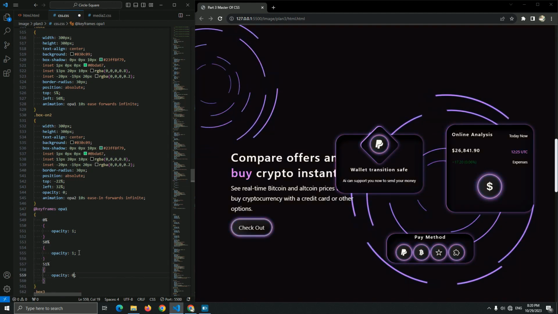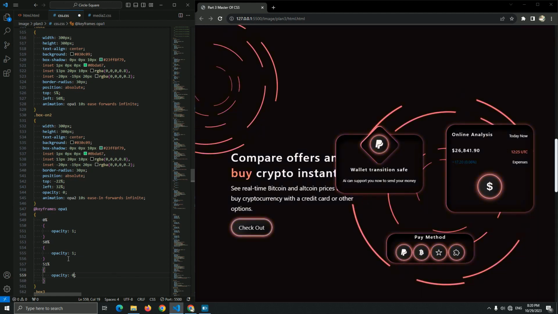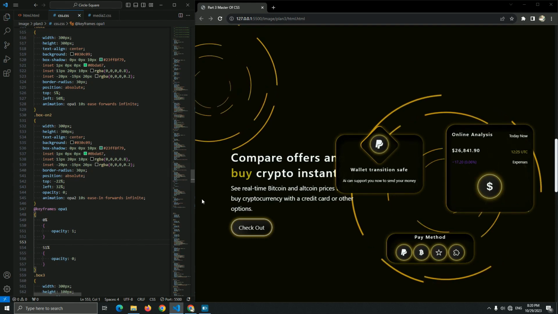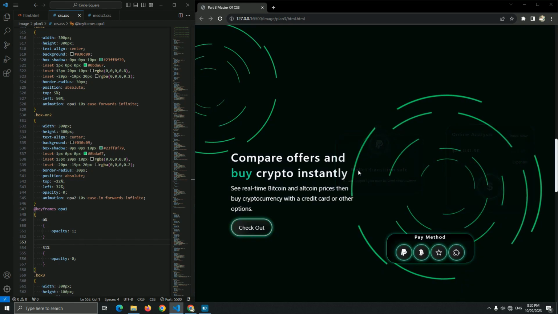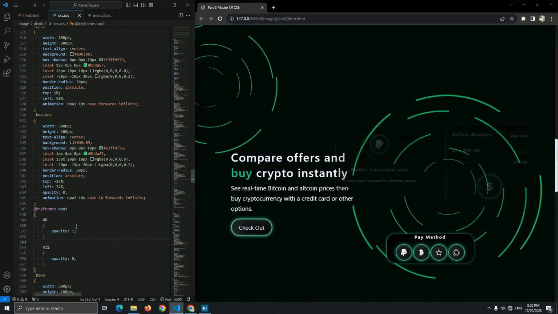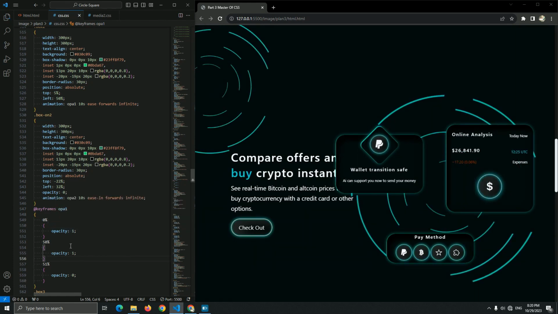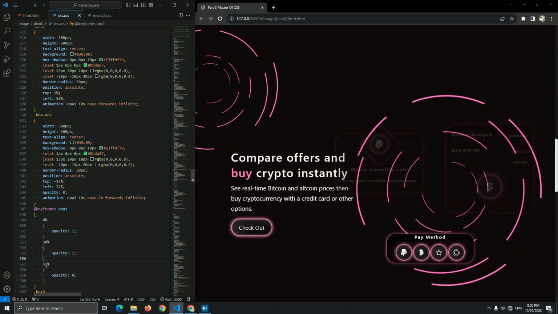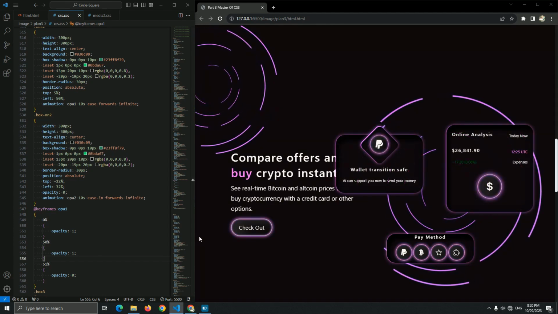Now you may ask why I add this 50% with opacity 1. If I remove this, as you can see, the box shadow keeps opacity 0 until it reaches 51%, and then it disappears. But if I add this 50%, the opacity is still 1 at 50%, and when I reach 51%, the animation becomes opacity 0, as you can see right now, guys.